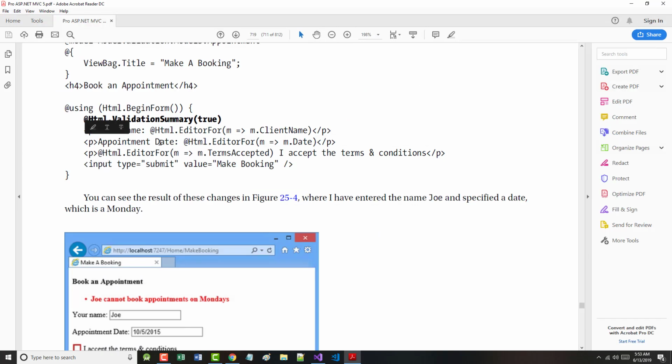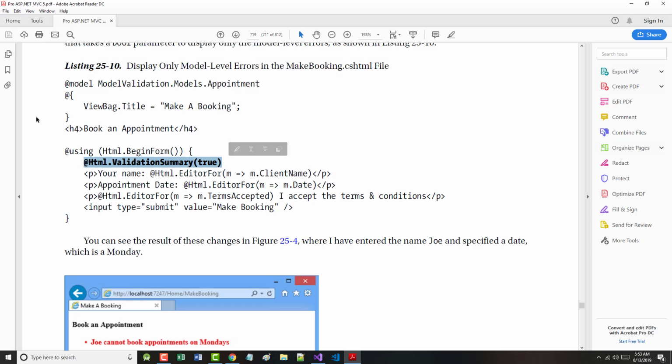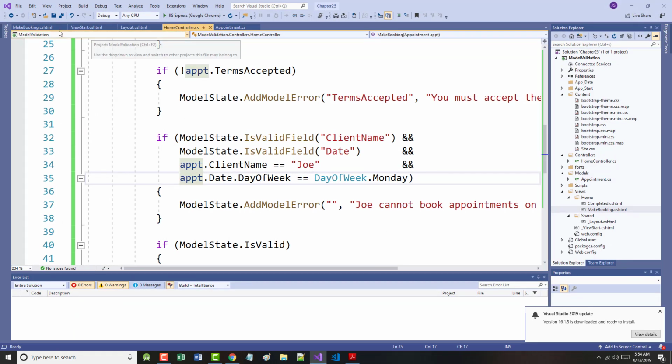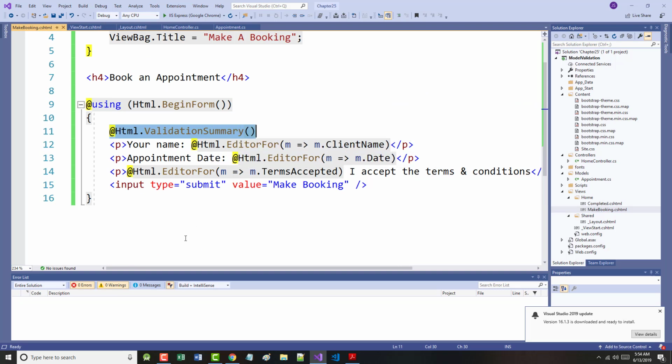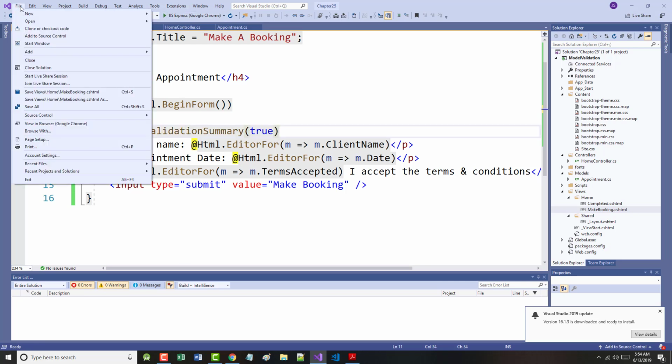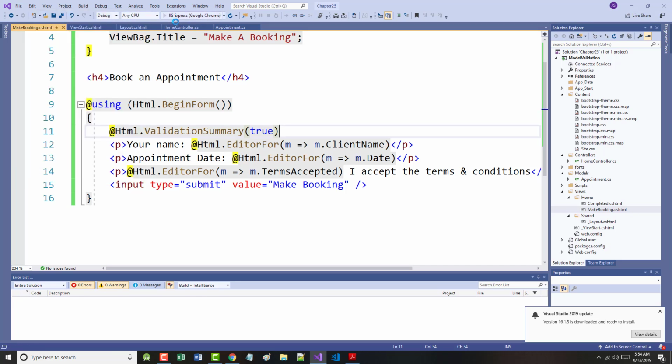Oops. Didn't want to do that. So I thought that's what we had already. Display only model level errors. Okay. So again, we're in our make booking.cshtml file, and we're going to change that to this. Okay, so we've added true there to just show us model level errors. What does that mean? Well, as the author mentions, when we go and run this again,